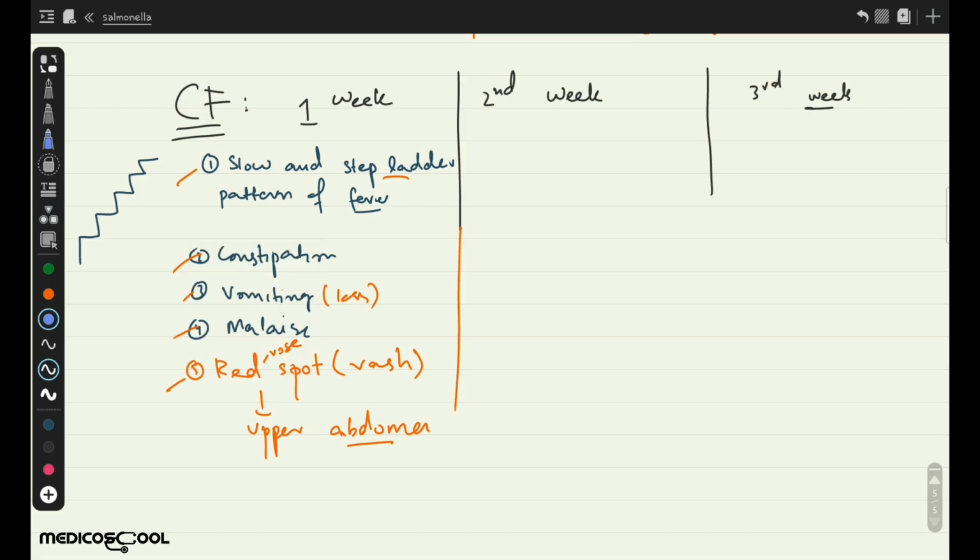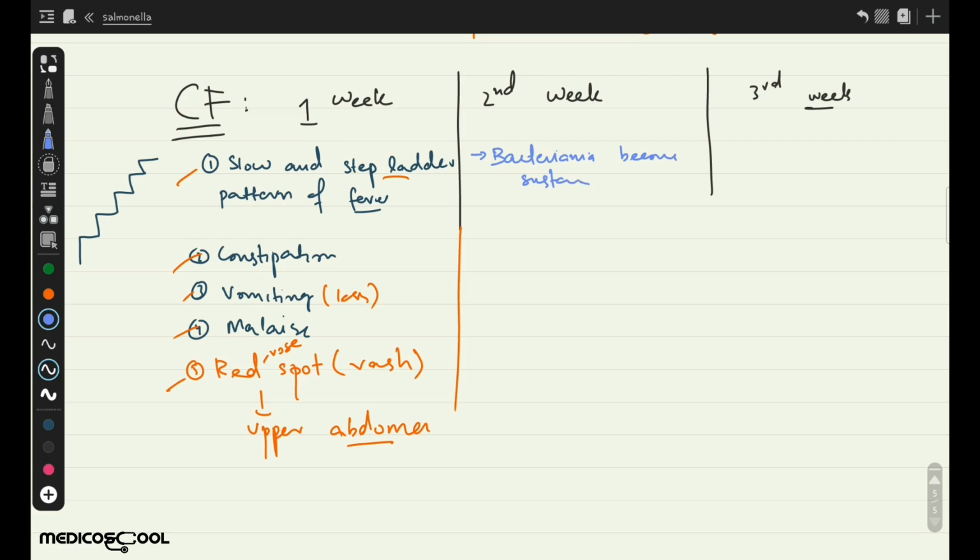If it is left untreated, then it can lead to the second week, and here the bacteremia is much more, because the phagocytes in the reticuloendothelial cells die, and there will be much more release of Salmonella typhi and paratyphi. So in this stage, the bacteremia becomes sustained,